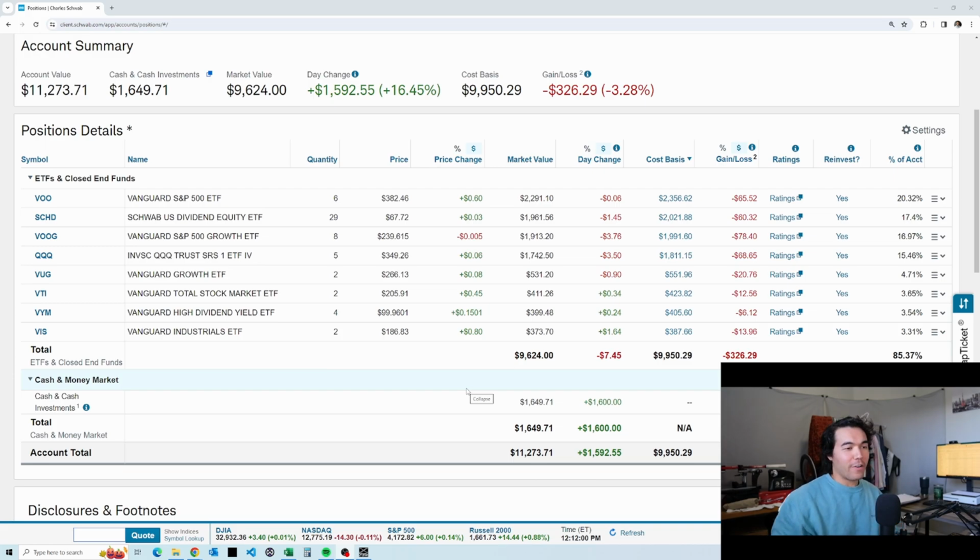Okay, so here we are in the Charles Schwab investment page that I previously showed you guys when putting in this $10,000 that we invested, or it was roughly $10,000. There's a lot of stuff going on the screen here, so we're not going to go into everything, but the important details lie right at the top here. The account value, this is how much is in the account, right? And we know this is a brand new account that I put in $10,000 exactly and invested and so on. So right now you're seeing that it's